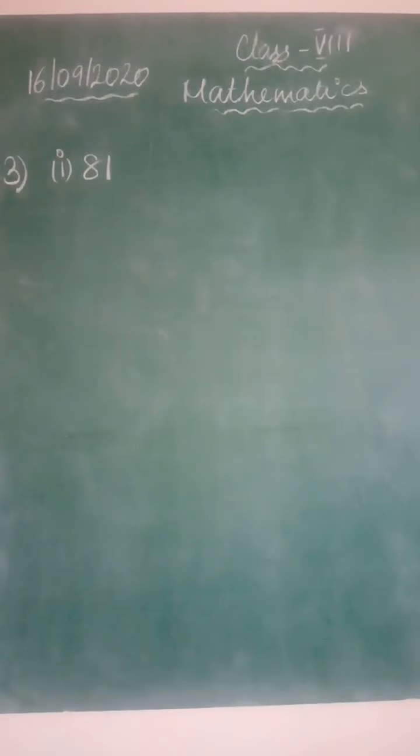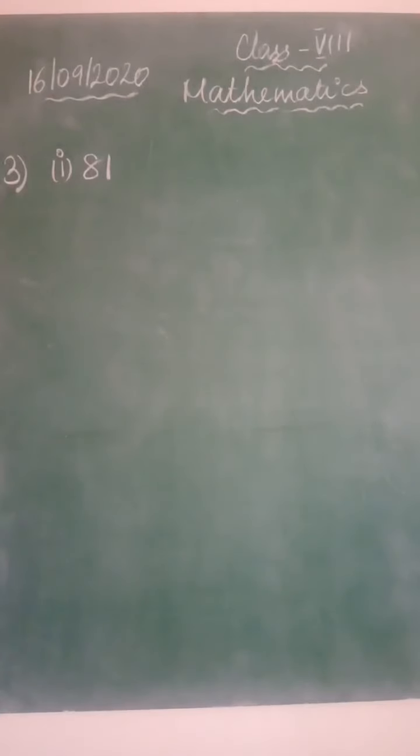Now let us enter into today's class. In today's class, we will see the third problem and the fourth problem from 7.1. So the third problem, we have to find a number that should be divided from the given number so that you get a perfect cube. In the previous one, we saw that we have to multiply some number to get a perfect cube. Here we are going to see some number that should be divided.